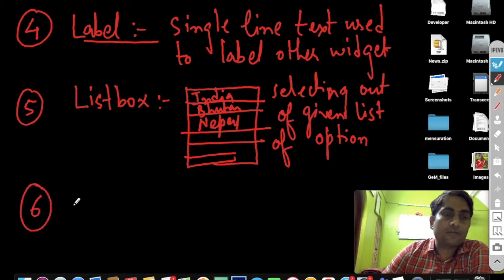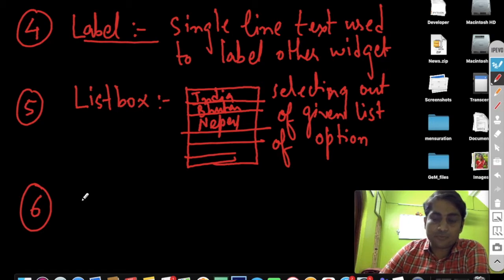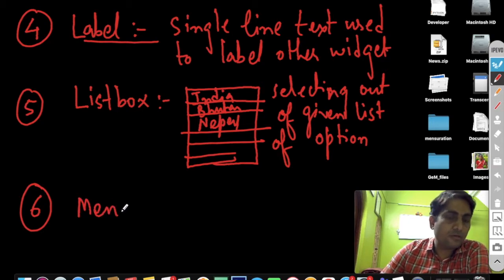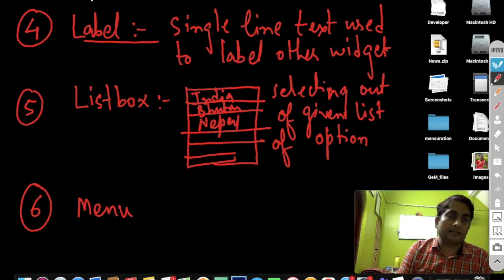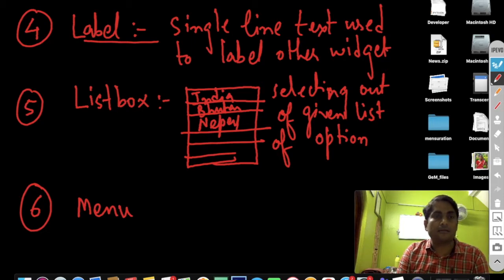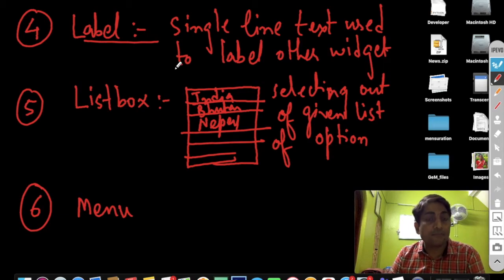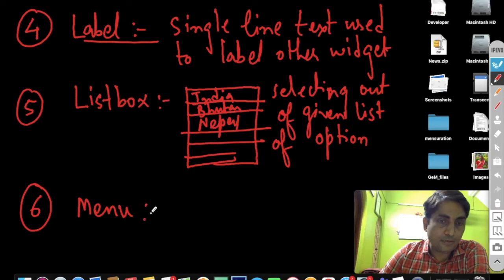And then after the list box control, we have the menu. Now you have seen a lot of programs that have menus in them, right? As you can see in the current window, we have the file menu, edit menu, view menu. Right on the top, you can see that there are multiple menus, right? So you can put this type of menu in your program also by using the menu widget.